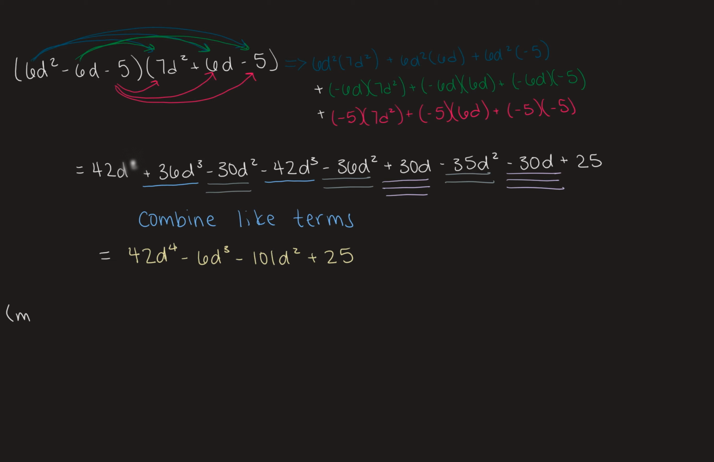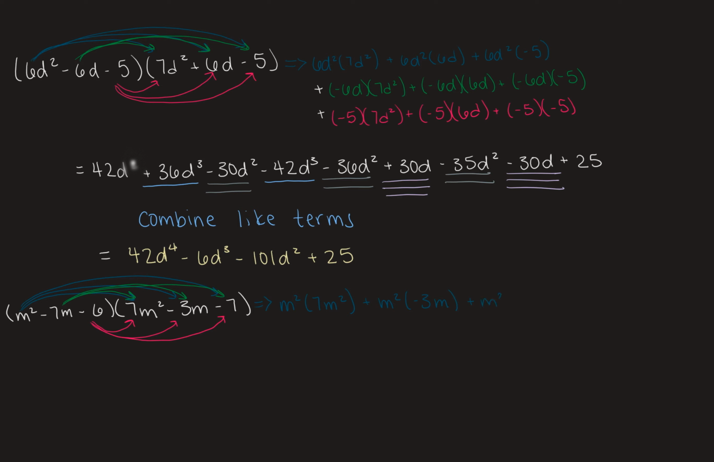Let's look at another one like this. We have m squared minus 7m minus 6 times 7m squared minus 3m minus 7. Multiplying each term in our first polynomial by each term in our second polynomial gives us m squared times 7m